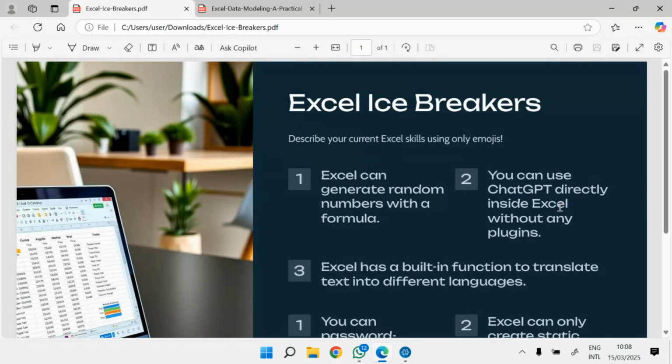Excel actually has a built-in function to translate text into different languages. Yes, it actually has that feature. You find out that. All right, we are going to take just these two, and then after our break, we